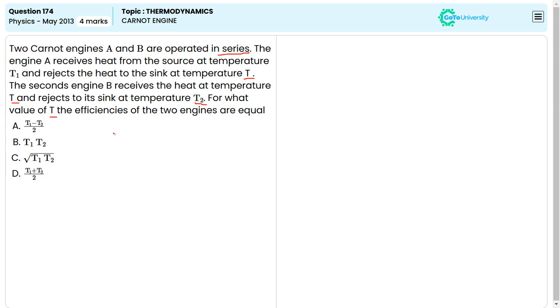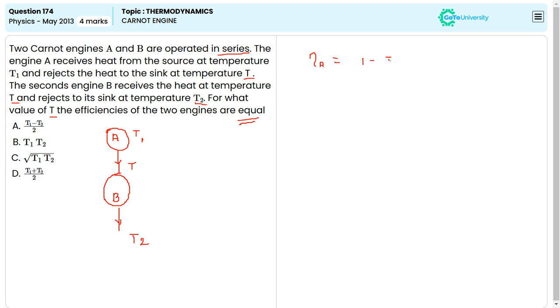Okay, here two engines are there, one named A and another engine B. Engine A receives heat from the heat source at the temperature T1, and whatever heat it rejects is received by engine B at its inlet temperature T. Whatever engine B rejects goes to the heat sink at the temperature T2. Then we know that the efficiency of engine A, eta A, is equal to